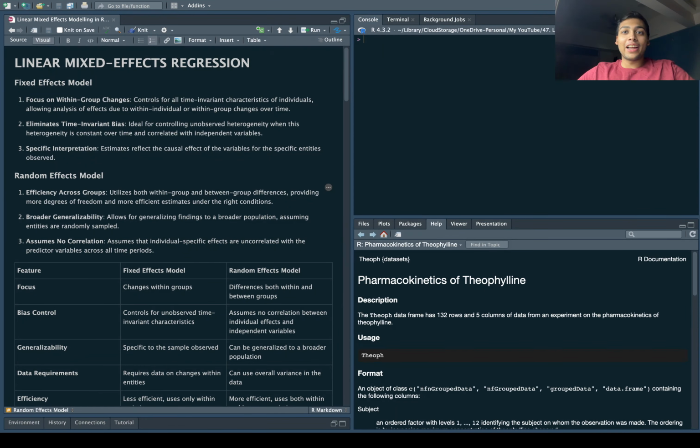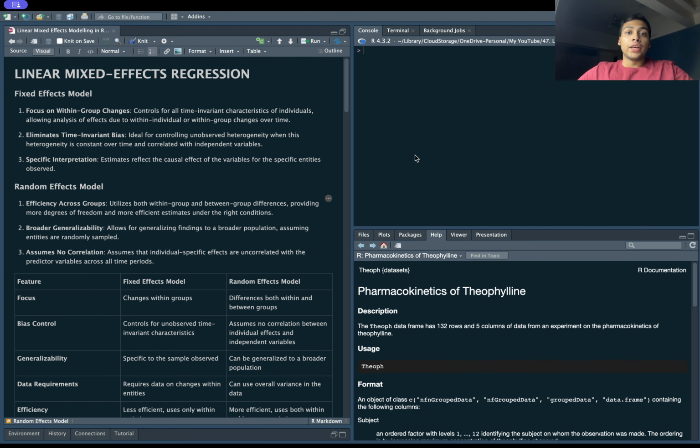Greetings everyone and welcome to today's video on linear mixed effects regression and how to model linear mixed effects models in R. First of all, before starting writing a code, for those who are new to mixed effects models, what